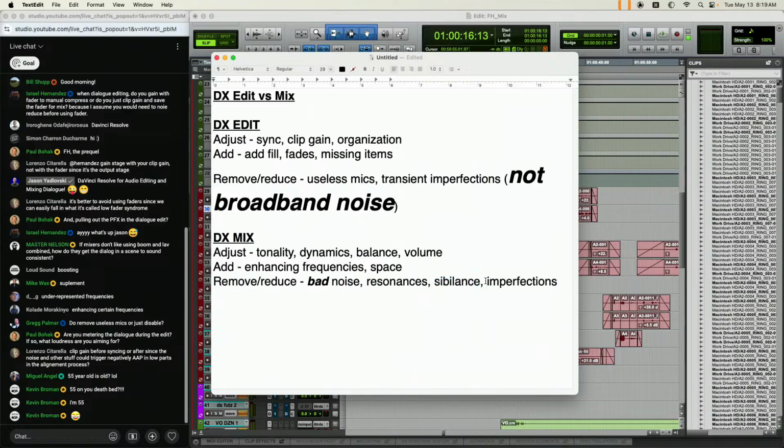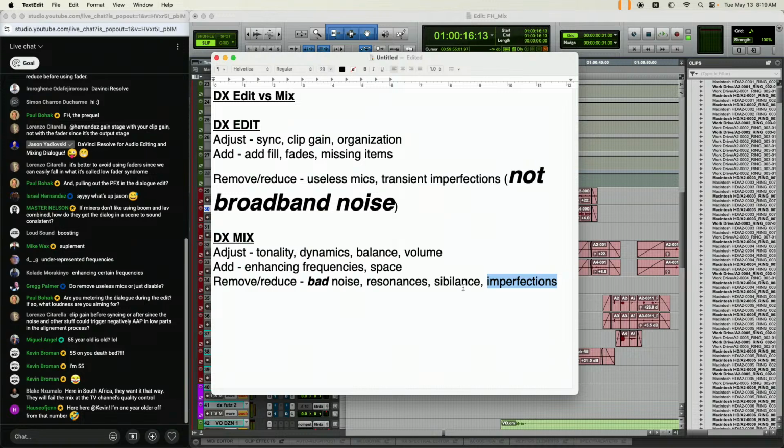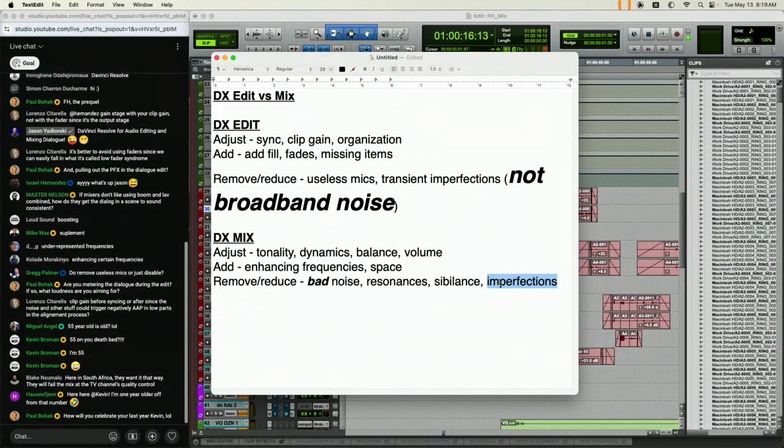And then imperfections, this is kind of a catch-all phrase. You should be removing transient imperfections in the dialogue edit, but this could be any number of things, like maybe a lav mic picked up a heartbeat. Some people will remove that during the dialogue edit.